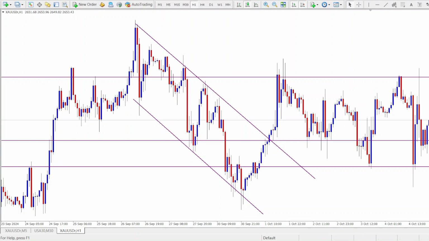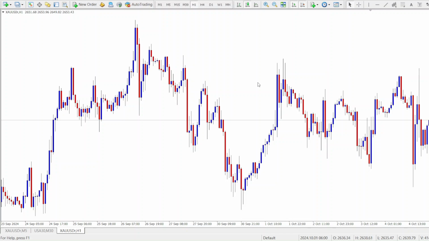Now, as for the next strategy that we can use for trading gold is the Fibonacci retracement strategy. So I'm just going to remove these lines. Okay, the Fibonacci retracement strategy is often used to identify potential pullback levels in a trending market. By drawing Fibonacci levels between recent swing highs and lows, traders can spot where gold may be retracing before continuing